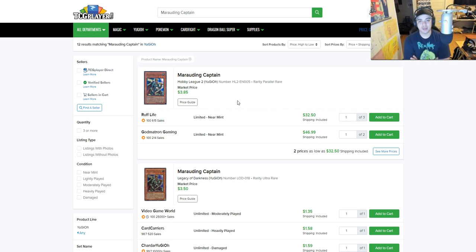For those of you who don't understand, the Hobby League 2 Parallel Rare is a little bit harder and a little bit thicker, because they came out with Upper Deck. Upper Deck did this as a quick fuck you to Konami. These aren't really legal, but they're in the gray line of legality as far as Yu-Gi-Oh cardboard. And if you had a mint condition Hobby League 2,